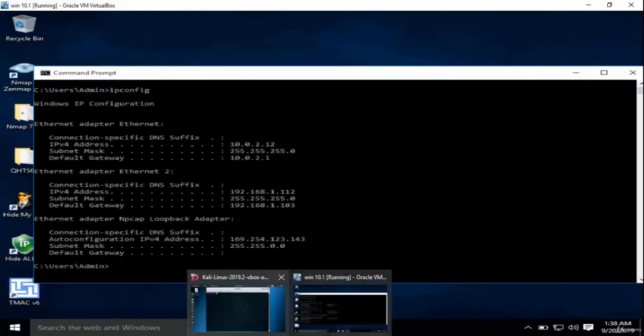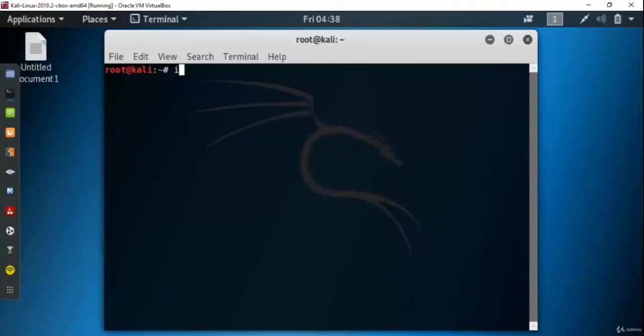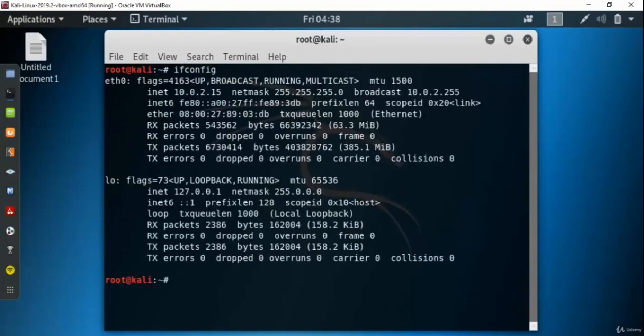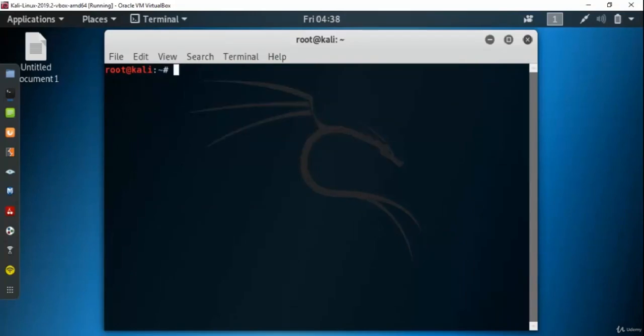Okay, now let's switch back to the attacker machine and check its IP. Done. Now to perform this kind of attack, I am going to use a utility called hping3. hping3 is an inbuilt tool in Kali. So hping3 -S and then the IP of the target machine, which is